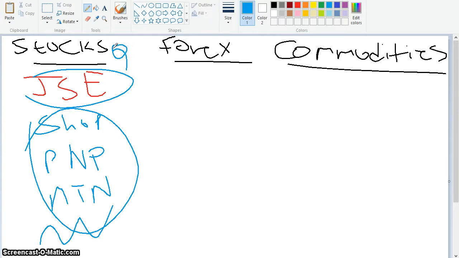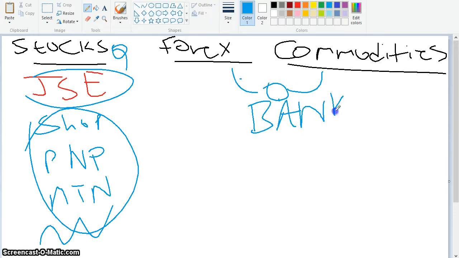And then we have forex. Forex and commodities have something in common. They are both regulated by the banks. So it's the banks that look after these two. Forex stands for FOR, foreign, EX, exchange. So this is when two or more countries are sharing stuff, they are trading. We give you food, you give us money, we give you jewelry, you give us money, and so on. So when we are trading in forex,